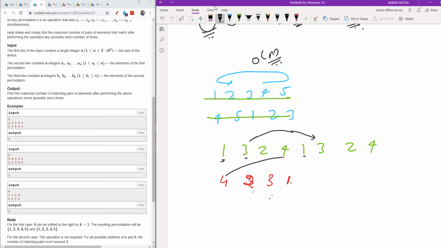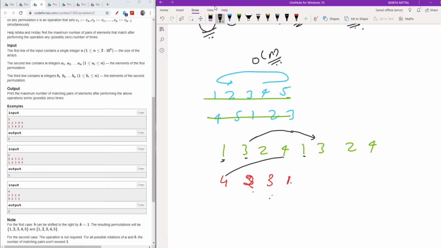Now 2 is matched with this one. How far apart are they? They are 1 apart. The 3 can't be matched here, because it is matched in the cyclic rotation, so it will be matched with the next one. So if it is 5 and 6, it will be 6 minus 3, which is 3. Now 1 will be matched with this one, so it will be 5 minus 4, which is 1.